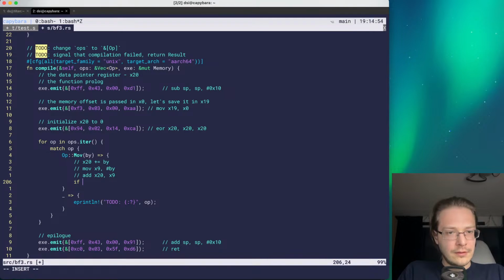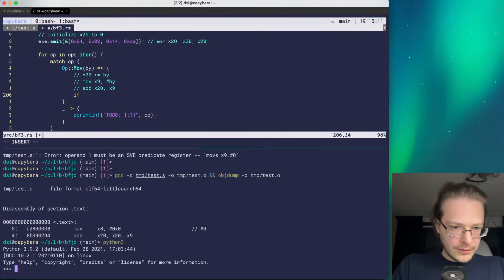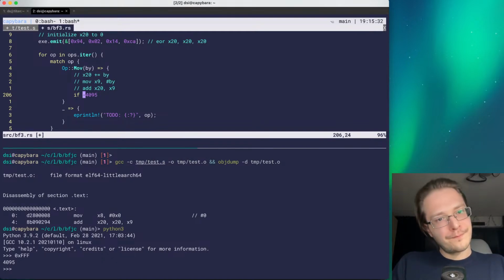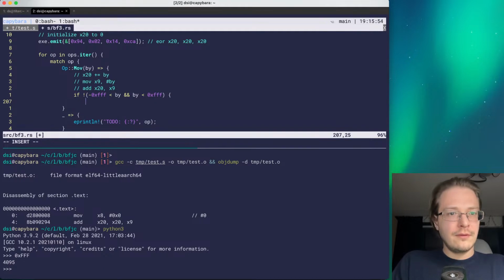How do you say not in range? Okay, let's not complicate it. Python 3. Okay, a 12-bit number is this one, so it's 4096. Minus... if it's not true that by is less than 4095, or maybe let's put it in hexadecimal form, FFF, and by FFF, then just